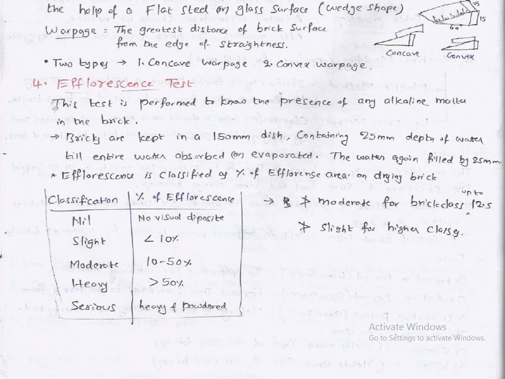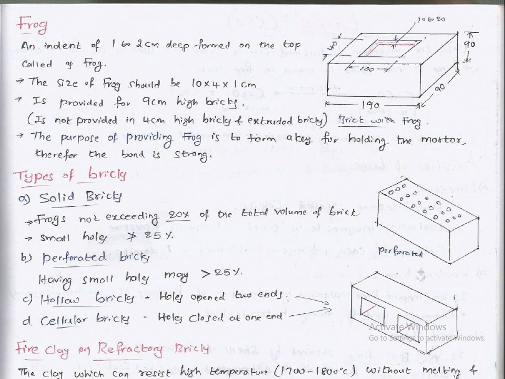The size of the frog should be 10 by 4 by 1 centimeter. It is provided for 9 centimeter high brick, is not provided for 4 centimeter high brick and extruded bricks. The purpose of providing a frog is to form a key for holding the mortar before the bond is strung. Types of brick: solid brick, frogs not exceeding 20% of the total volume of brick; small holes